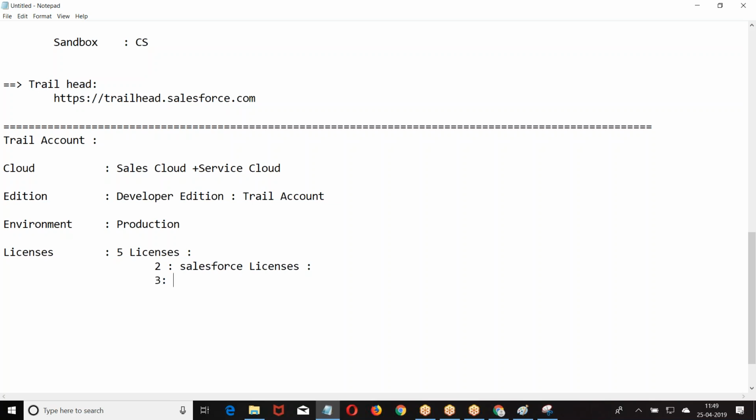Now 3, Salesforce platform. When I say Salesforce platform, they can only see the application or functionalities that your company has developed. So if you are taking a trial account, which cloud are they giving? Sales Cloud and Service Cloud. Which edition? Developer edition. Which environment? Production environment. Now what licenses? 5 licenses. 5 people can log in and work. Out of 5, 2 Salesforce license, 3 platform license. This is the details about your